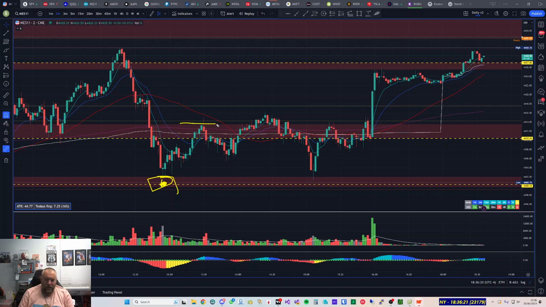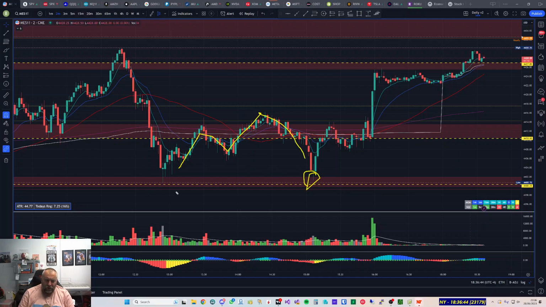I had a stop loss there. I wanted a runner. I left my runner in place, and what I was hoping it would do is come down to the 4400, retest it, and then break down for a weekday to give back all the gains from yesterday. But it didn't do that. It bounced off of the 4400, and then it just chopped sideways for the rest of the day, and it came back down to 4400.